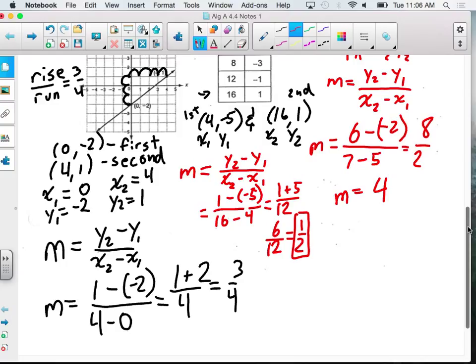Alrighty, so does anyone have any questions about using the slope formula, finding slope and all that good stuff? Alrighty,